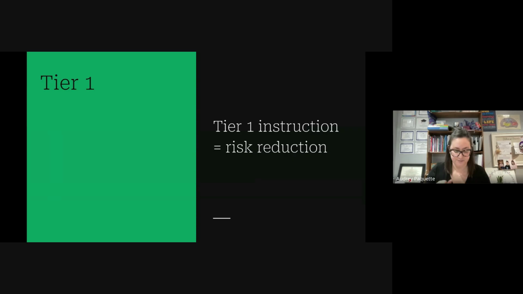Very important. Now, should Tier 1 be whole group? Not necessarily. Your core Tier 1 could be a differentiated core Tier 1, where you have 2 adults and kids doing different things in Tier 1. So a flexible service delivery, a walk to read model, an RTI model, this is where this fits in.